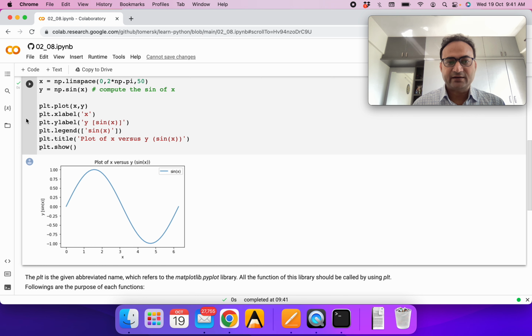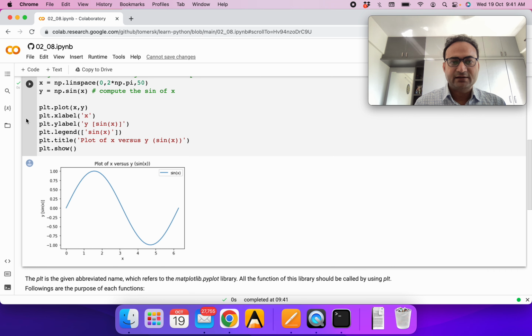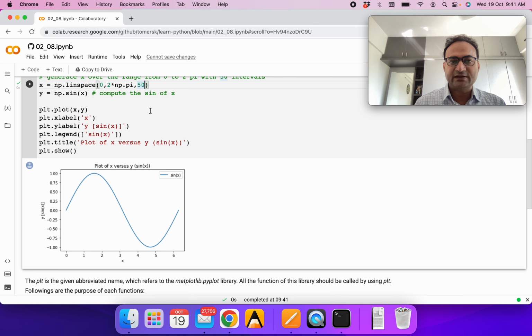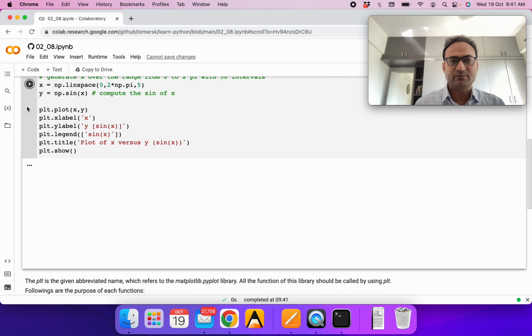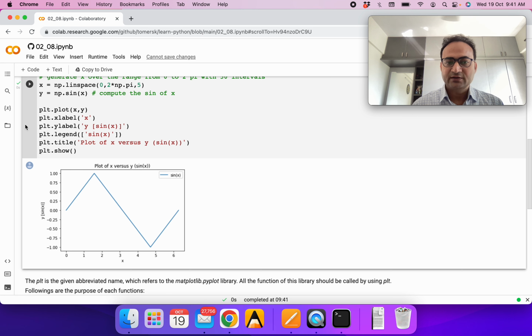Now we can try a few things. Let's say instead of 50 points, we make just five. Let's see how our plot looks. What is happening is it's generating only five data points: first, second, third, fourth and fifth.